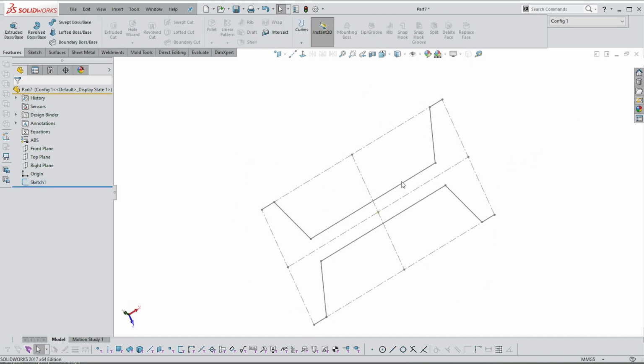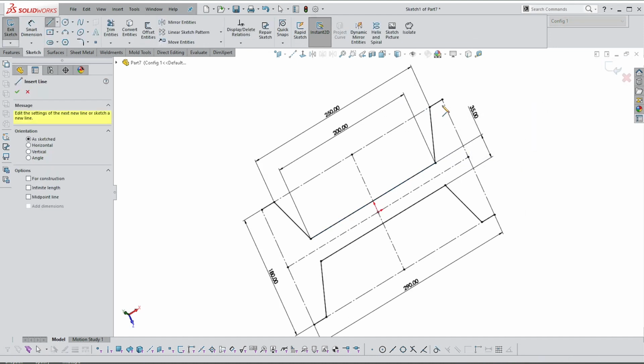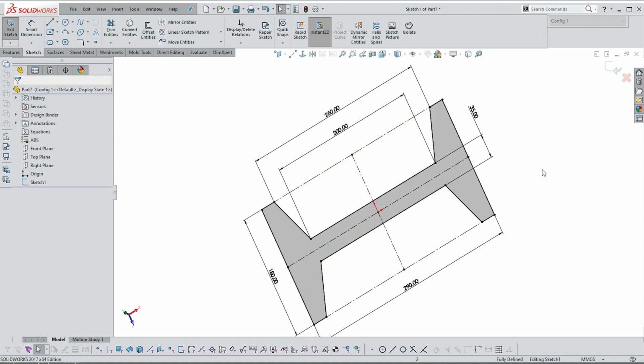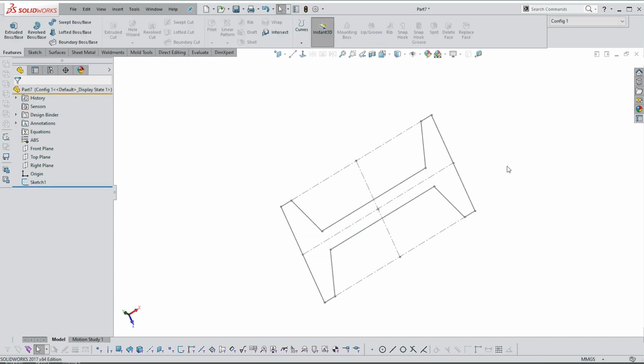So I'm missing some lines there. I can see straight away. So let's just go back to edit sketch, and we'll do this in 3D. Completely acceptable. And I'm not going to convert my guidelines because I want them to stay in place. Right, so I have a complete sketch, and so I can now drag this up, or I can go to extrude,